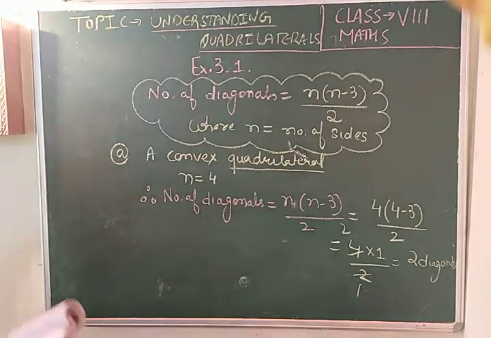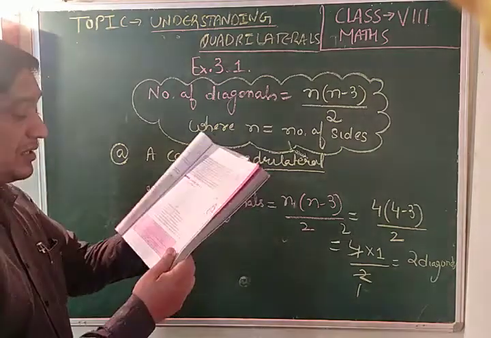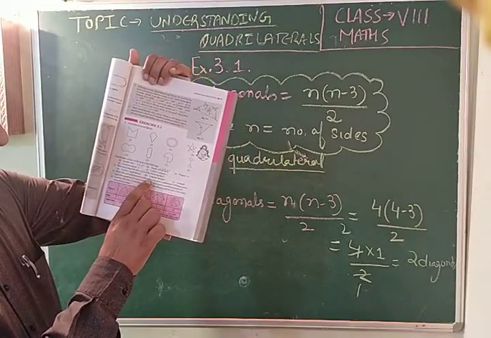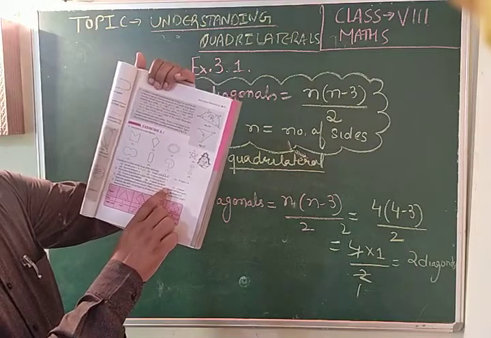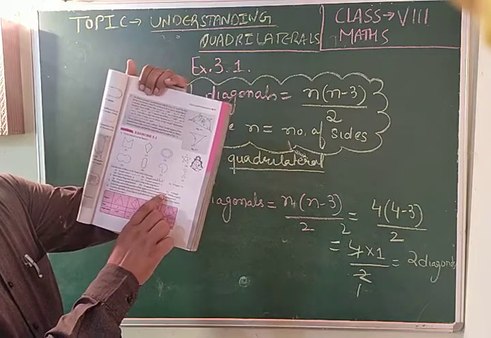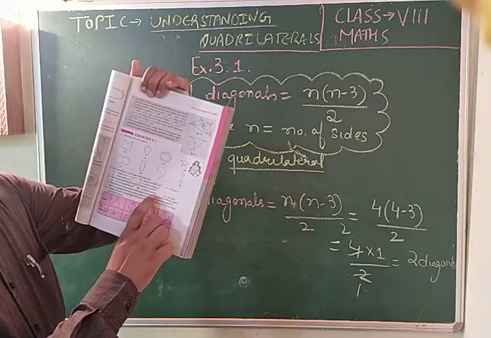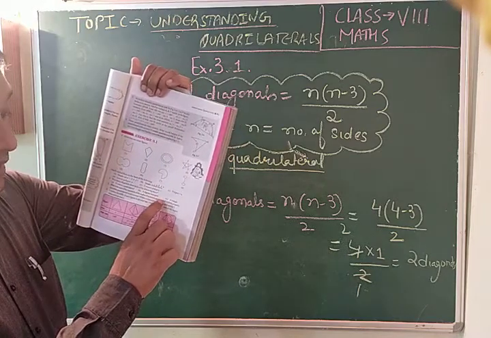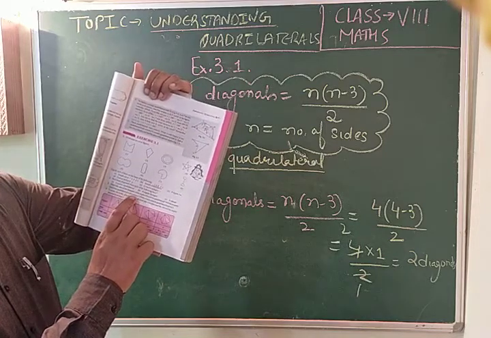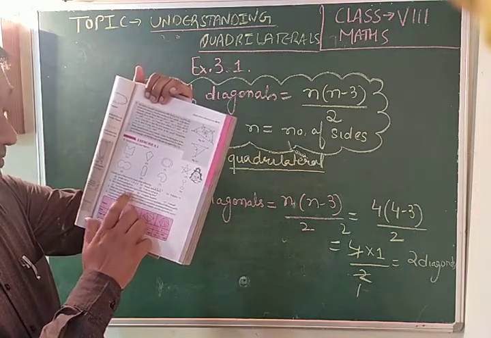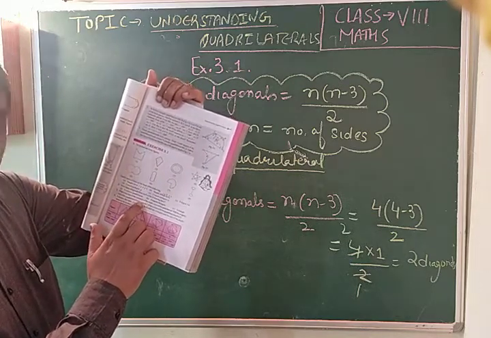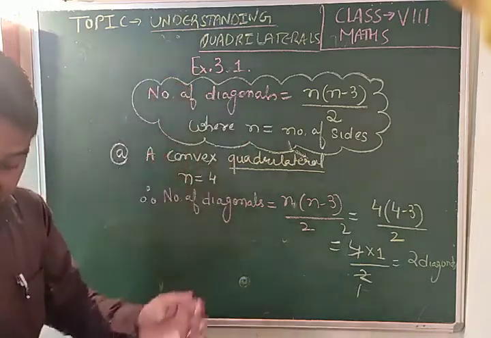Now after this, we will do question number 4. Sorry, 3. Question number 3 is: what is the sum of the measures of the angles of a convex quadrilateral? Here we have to find the sum of the measures of the angles of a convex quadrilateral. Convex quadrilateral means whose diagonals are inside the figure, and quadrilateral means having 4 sides. Will this property hold if the quadrilateral is not convex? You have to tell whether this property holds for not convex. Not convex means concave. Concave quadrilateral. So try this.